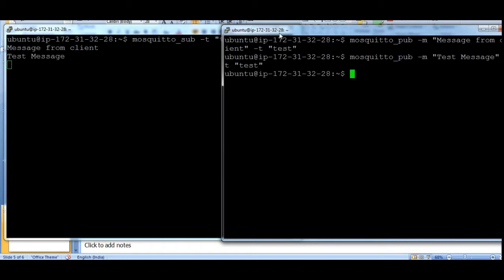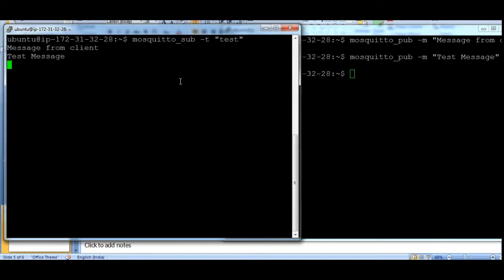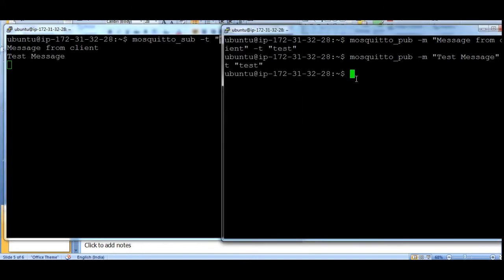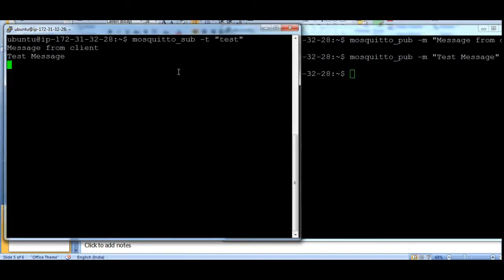Basically I'm using one session as a publishing session, and the other parallel session as a subscribing session. Whenever I'm sending information from this session on this topic, that is test, you are seeing the same message here. The topic name is the same; test is the topic name here, and you're able to receive messages on this window.